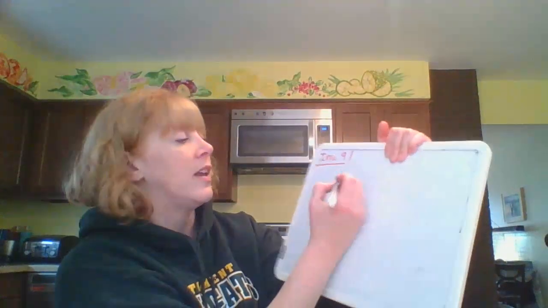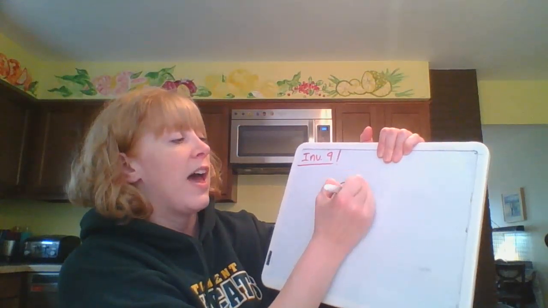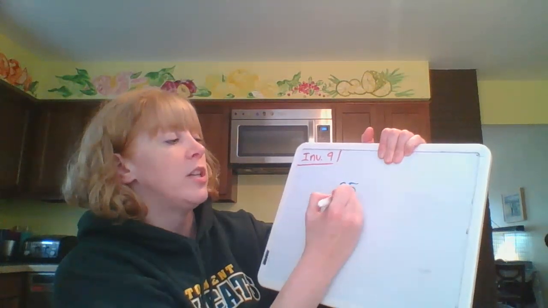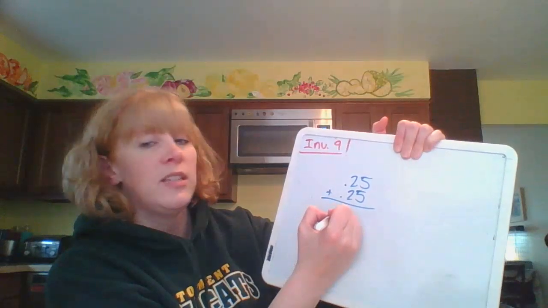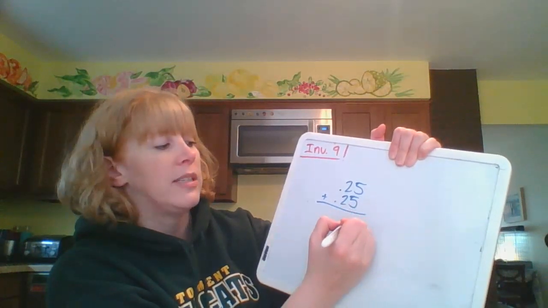Now, in my opinion, when it's decimals, it's easier to not use manipulatives. It's easier to just write it out. That's just how my brain works. Your brain is different than my brain. Everybody learns differently. But if I had 0.25 in an equation plus 0.25, it would be easier for me to bring down that decimal point and see that